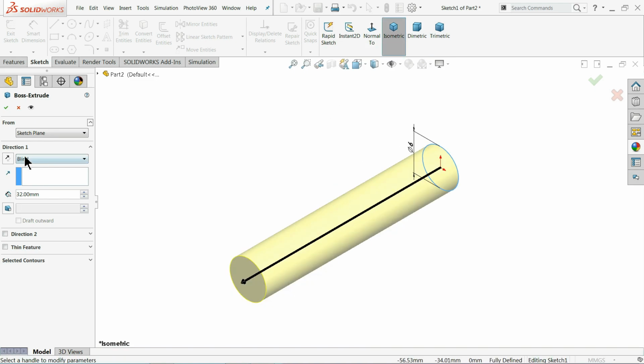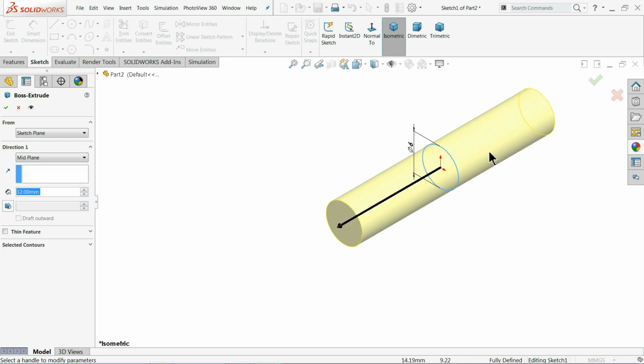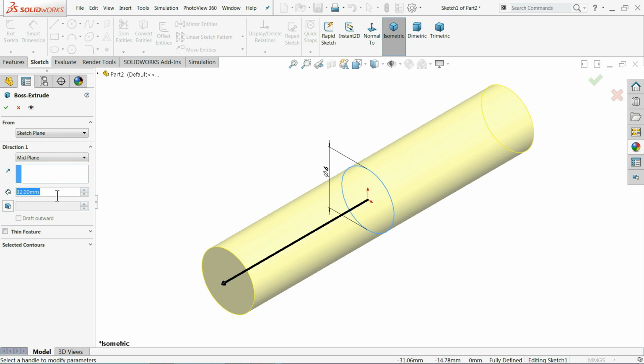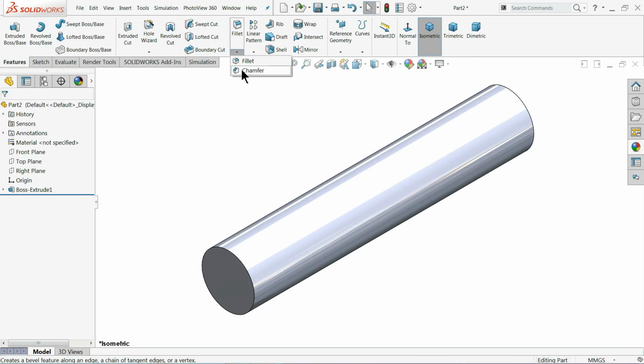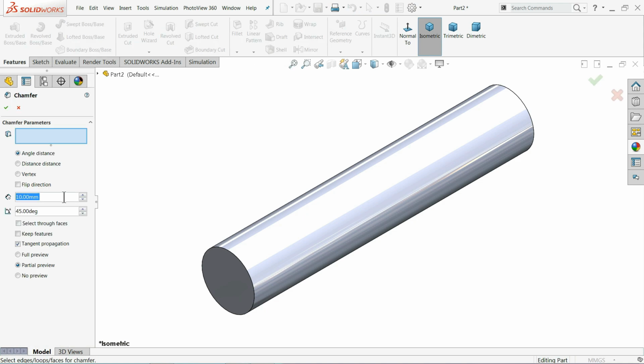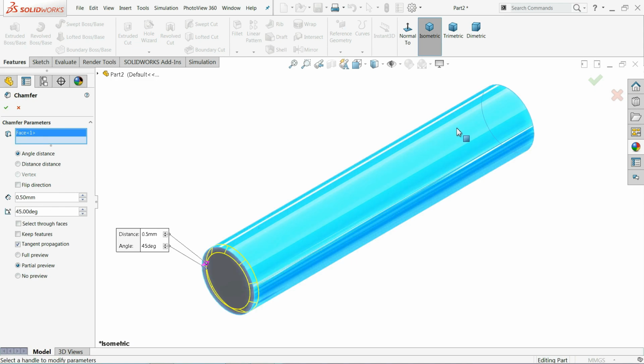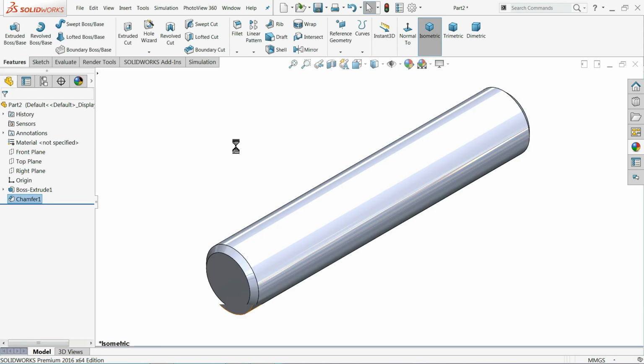Isometric. Now see, here what we will do, we will choose mid plane. It helps during assembly if required, otherwise that's fine. Now chamfer, okay, let's choose chamfer 0.5 millimeter into 45 degree, and I'll choose this surface so that it will select both the ends. See,